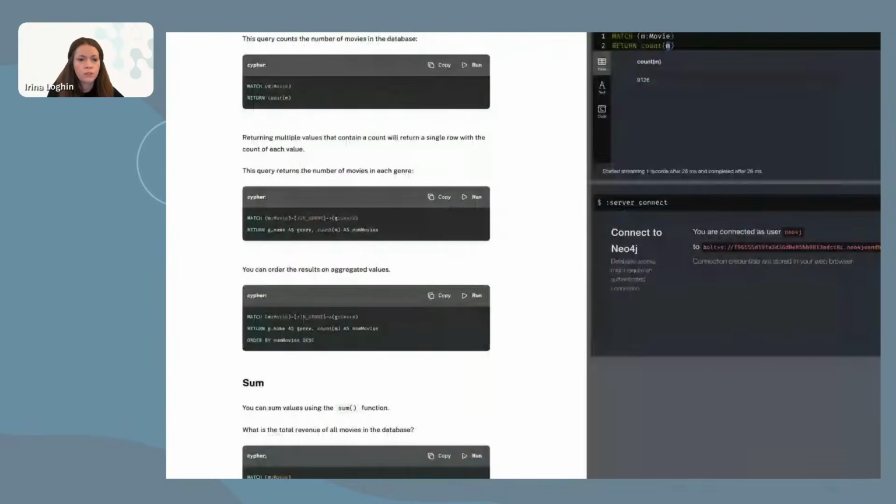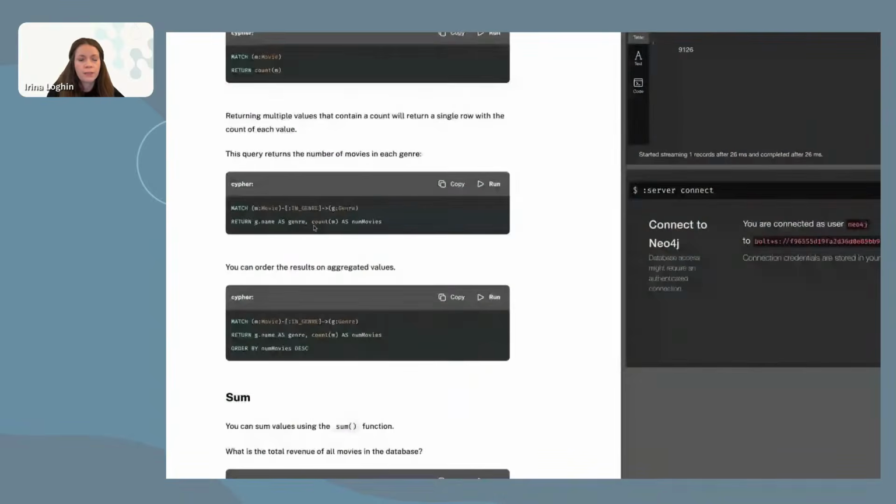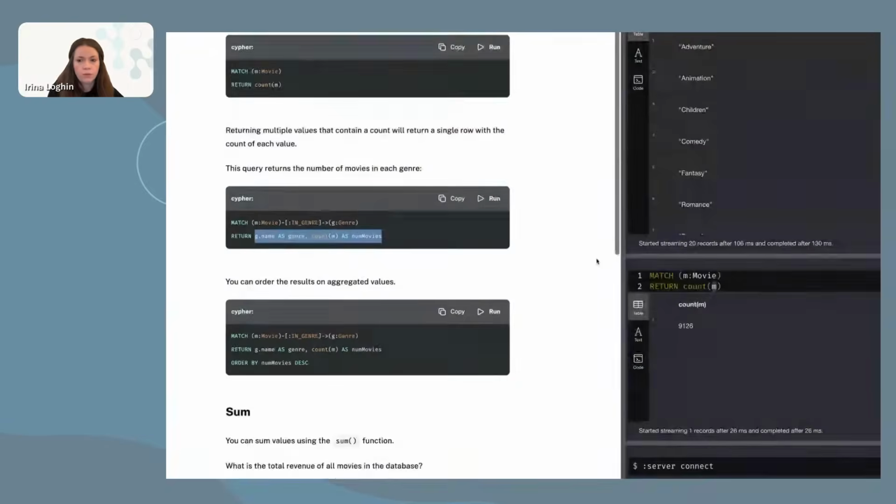You can also return multiple types of information in a return clause. That means you have collated all the information that you needed through finding patterns, applying filters, ordering, and so on and so forth. And then you can also represent it as a result. So in this case, if we run this query,